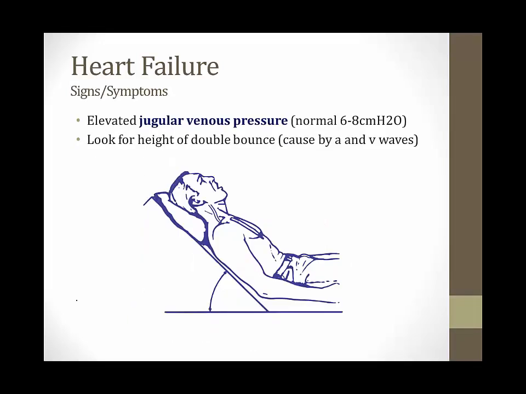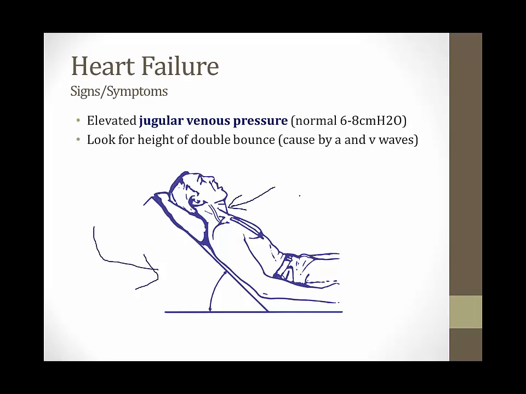We talked before about how the pressure in the venous system can rise in heart failure when pressures in the chambers of the heart are high, and you can actually estimate the pressure in the venous system on physical exam. The way you do this is by placing the patient at about a 45-degree angle like I've shown on the screen here. You then examine the neck and you look for the A and V waves of the jugular venous